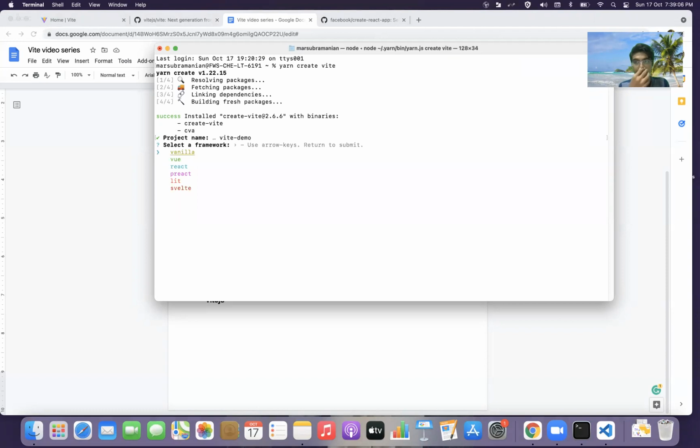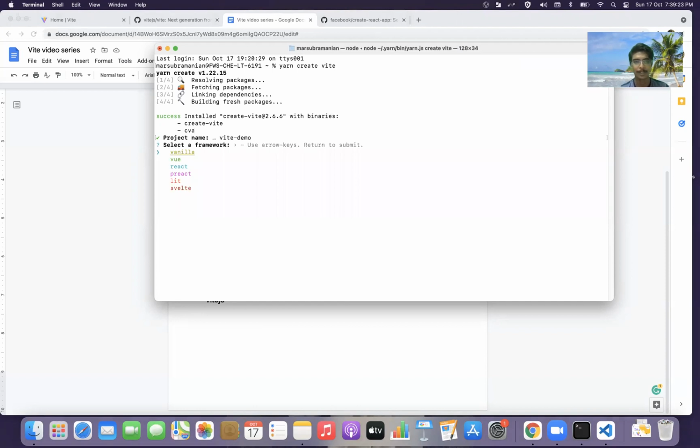This is one of the features: Vite provides you with many options for templates. It has a vanilla JS template, a Vue.js template, a React template, and did I pronounce it wrong? I don't know. It also has Lit and Svelte templates. Pretty much support for new libraries also.